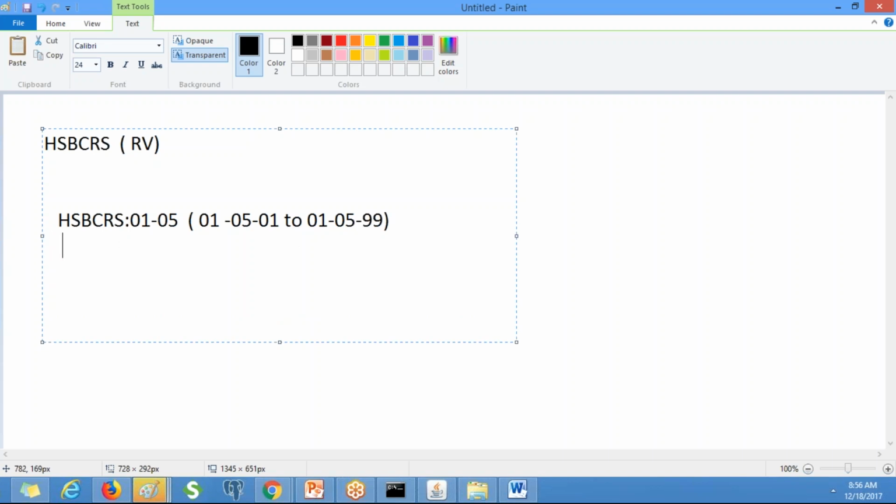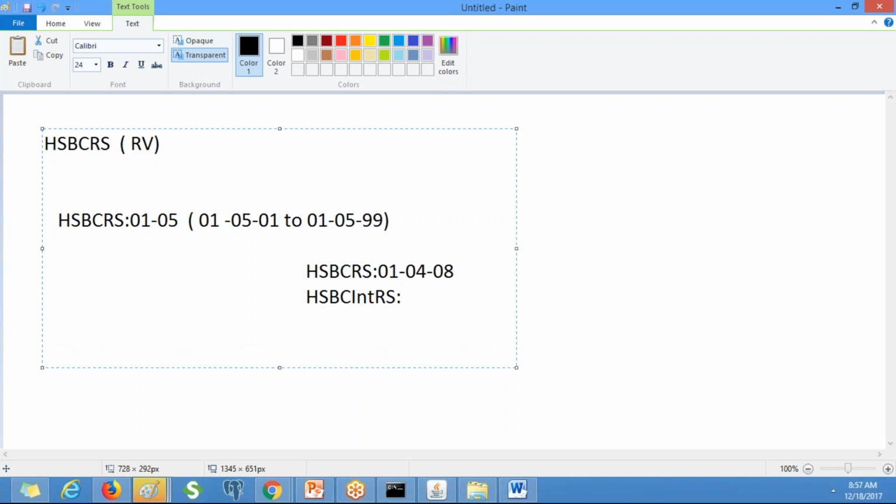So if this rule set is having rule set validation, and this version wants to use the rules which are there in another rule set version, suppose 01-04-08, which is a different rule set, right?